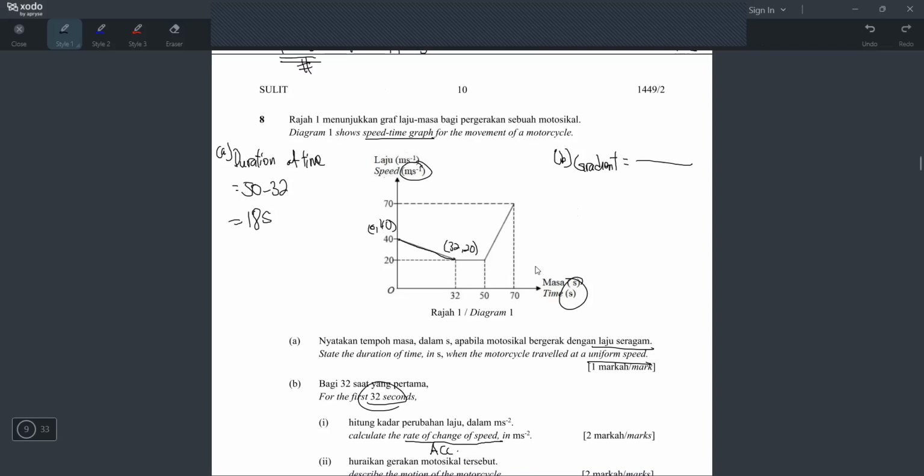Oh, and by the way, make sure you check the unit when you do the exam, because sometimes they play tricks with the units. Sometimes they give you minutes here or hours. If the unit here and the unit here don't match, then you have to convert to the same unit. Okay, what is the gradient formula? Y minus Y over X minus X. It means difference in Y over difference in X. So what is the difference in Y? 40 minus 20. And if I take 40 minus 20, below I must take 0 minus 32. Alright? So my gradient will definitely be negative.